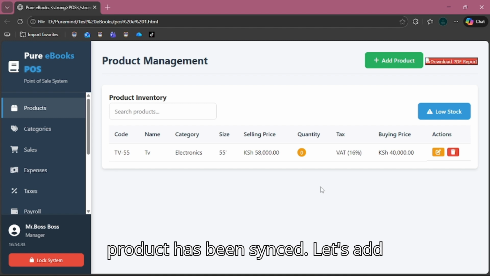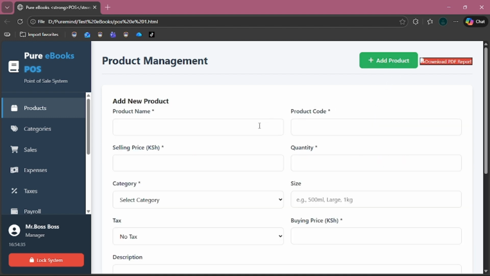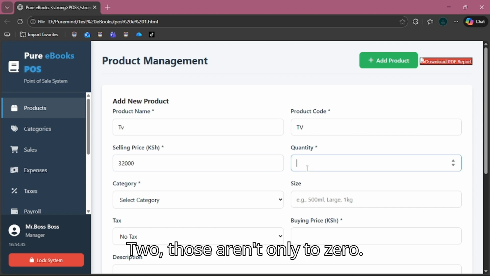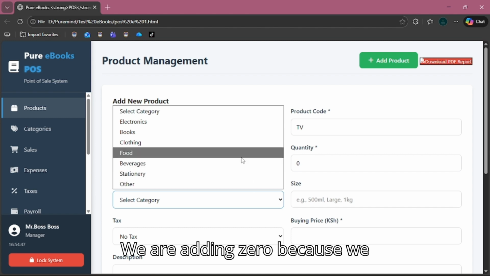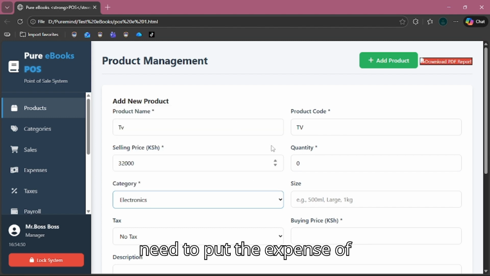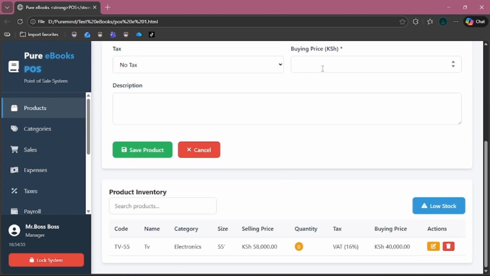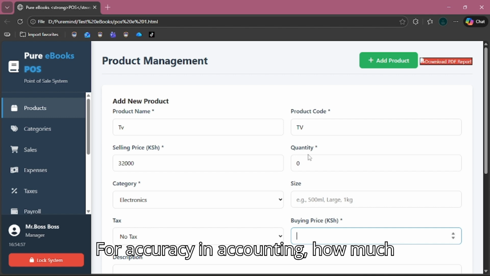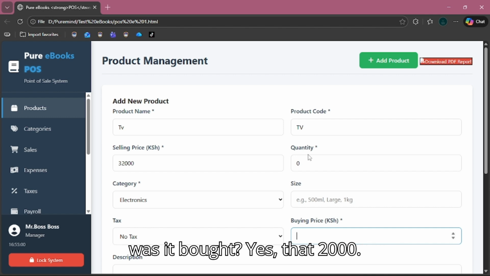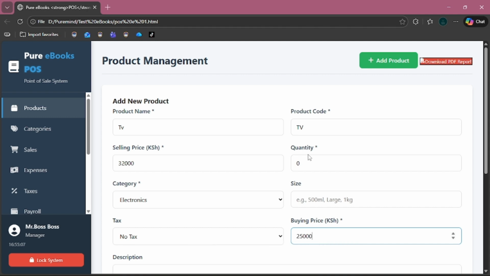Let's add another TV. Let's say TV 32,000. Quantity 0. We are adding 0 because we need to put the expense, the bill of that TV, of this stock, for accuracy in accounting. How much did we buy it? Let's say 25,000. Tax